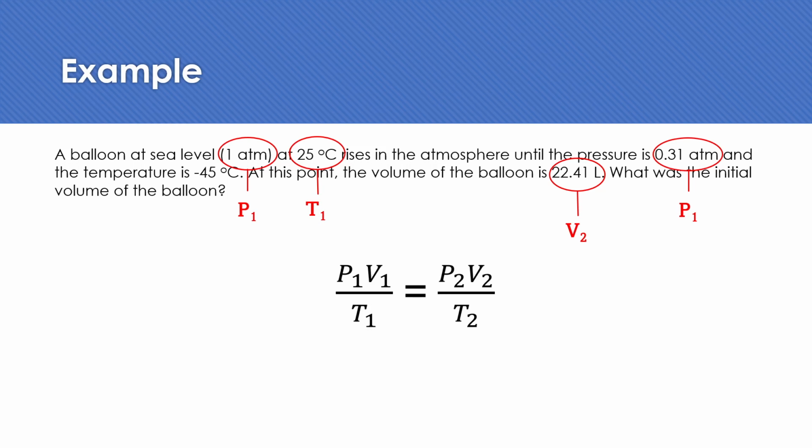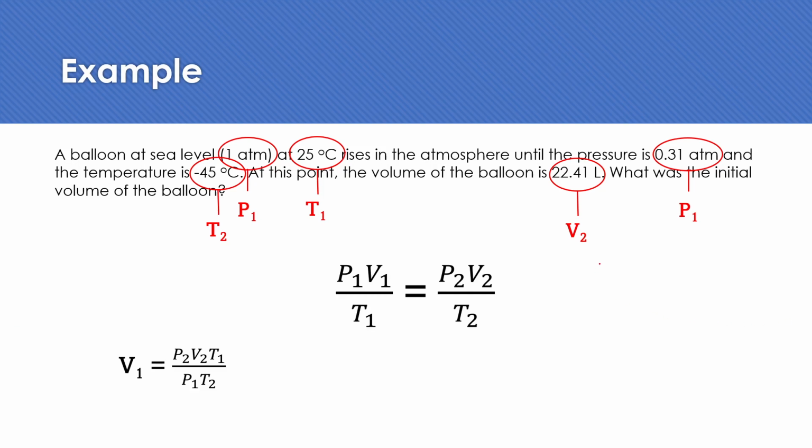Volume in liters, that's V2, right? So that's V2. And negative 45 is our T2. So we're looking for the initial volume. So we got to rearrange our equation, which I know kind of looks like a mess, but we got to rearrange our equation